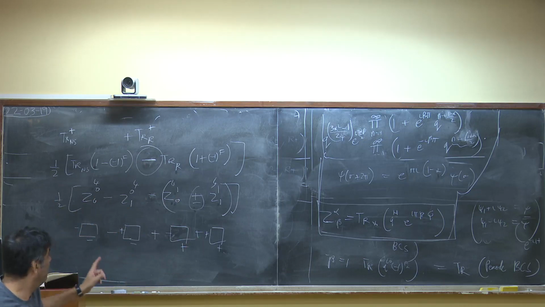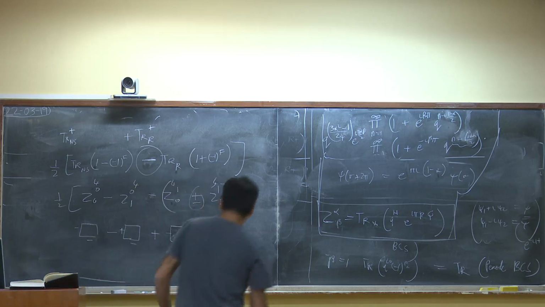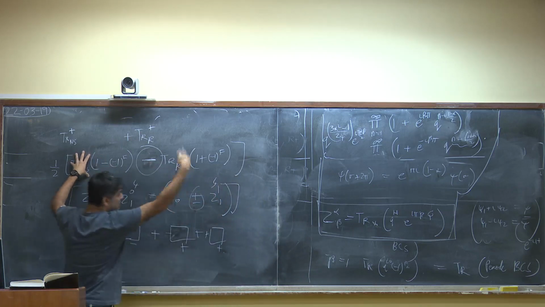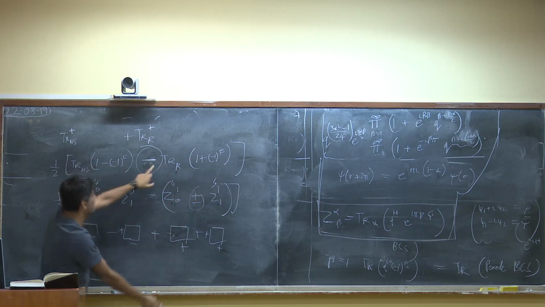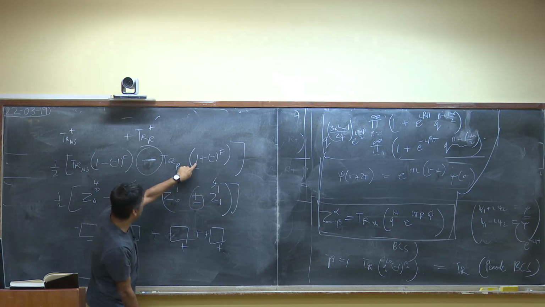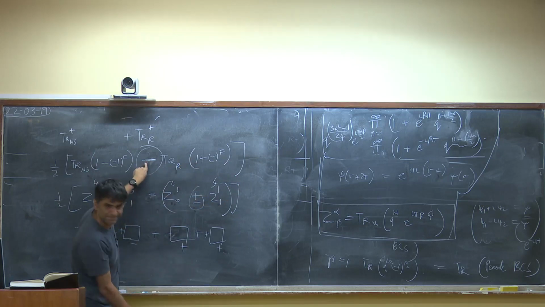Now, where do the bosons in space-time come from? They come from either the NS-NS sector or the RR sector. Where do the fermions in space-time come from? They come from the NSR sector or the RNS sector. What's important is that this one and the corresponding Ramond sector on the right side come with a minus. This minus is physical, because it is contributing with a minus sign. So it's not a matter of convention or anything, it's physical.